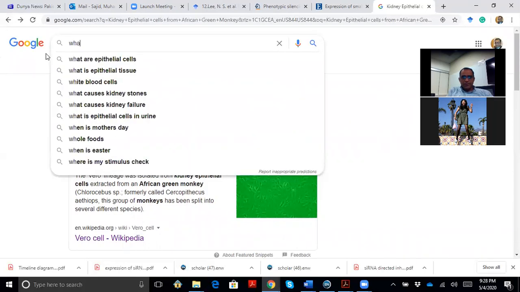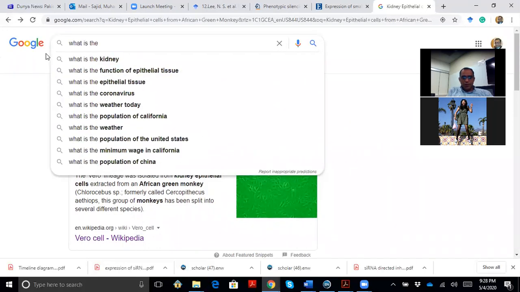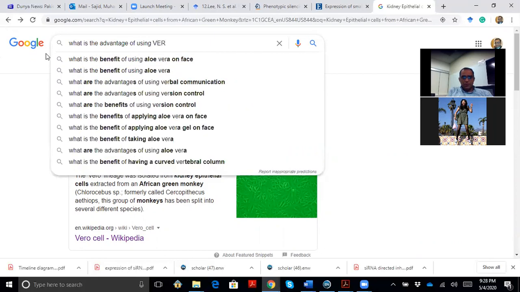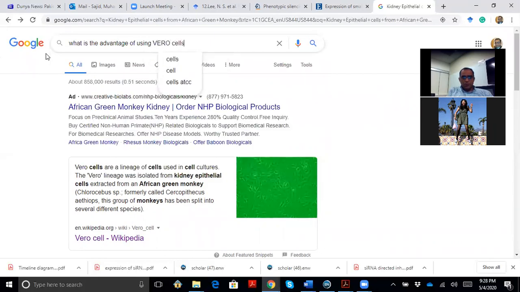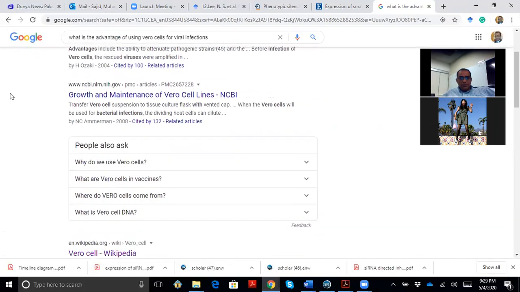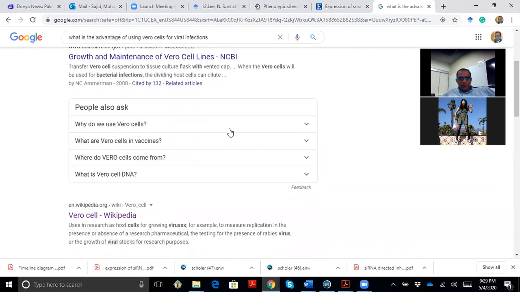So what is the advantage of using Vero cells for viral infection? So you understand, why do we use Vero cells, right?